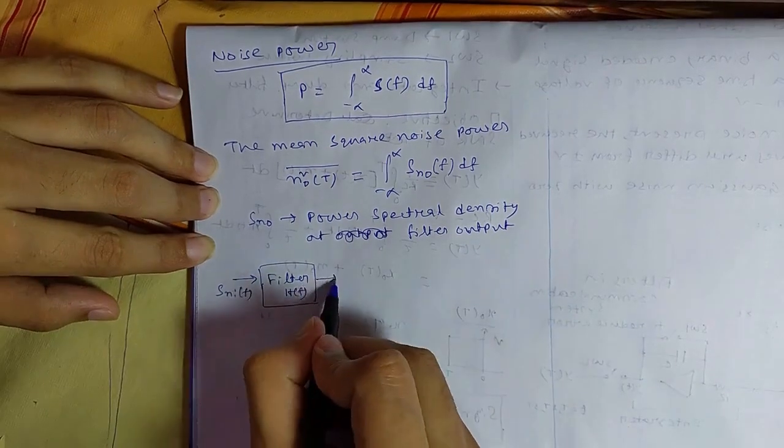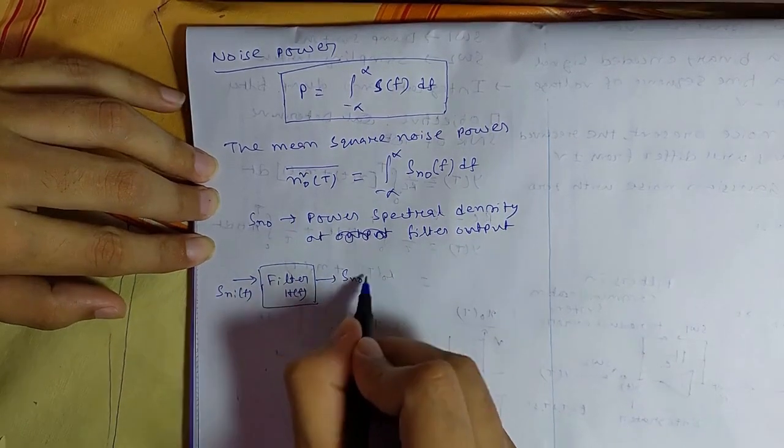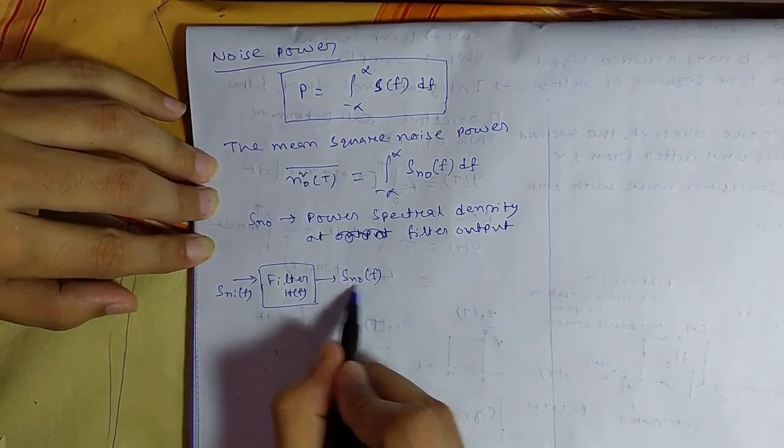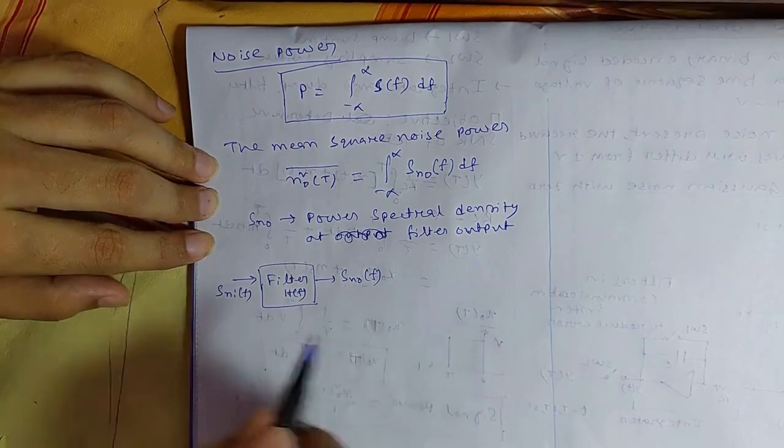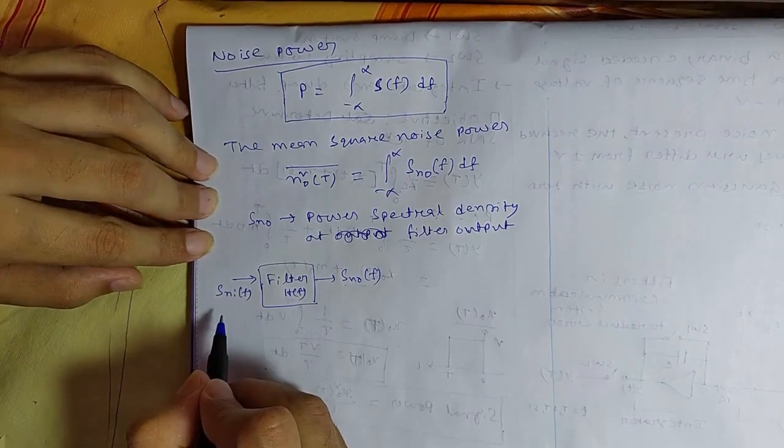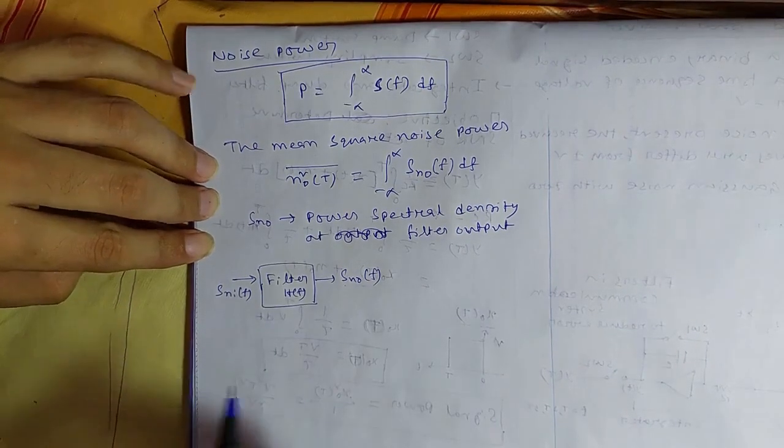If we pass it through the filter with transfer function H(f), the output will be S_N0(f). These two, the output power spectral density and the input power spectral density, are related by